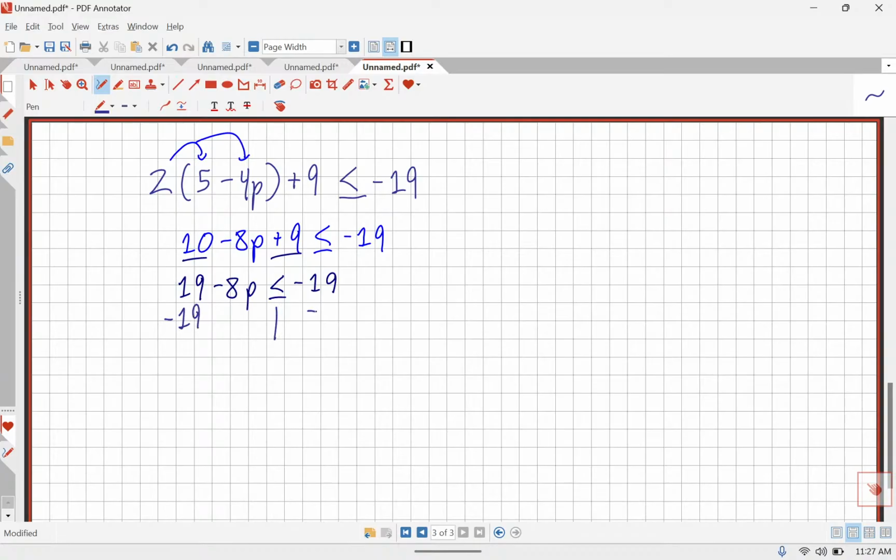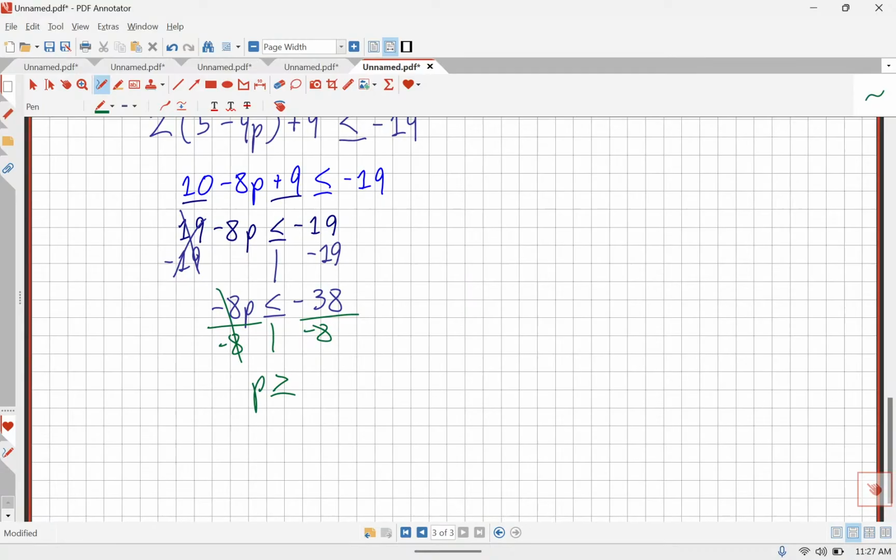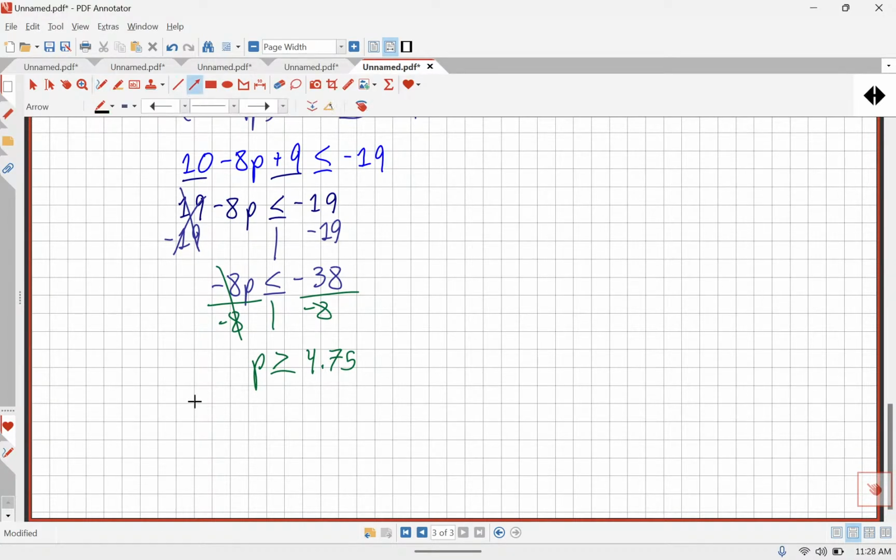Take away 19 from both sides. That means negative 8p is less than or equal to negative 38, I believe. Okay. And last thing for me, Rex. How many of us got p is greater than or equal to 4.75, or see how we got that and aren't too alarmed? You'll love to see it. To graph that solution,